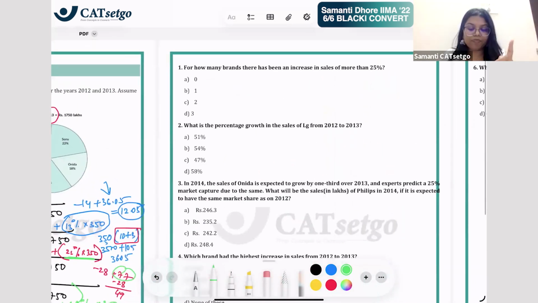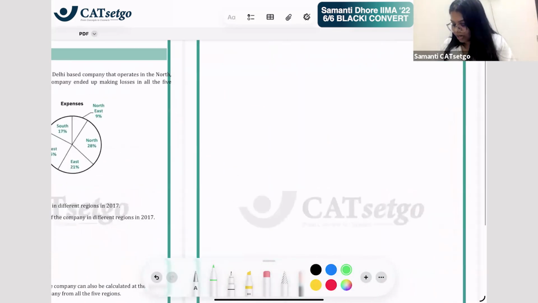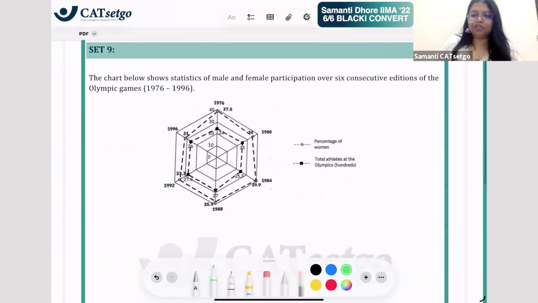I will give this as homework to you. The solutions are also given at the end of this sheet, right? And the whole point is that we are going to discuss it in the doubt class if you are not able to get it. But we must learn that these are the kind of questions that come in, and they are not tough, but they are time taking, and you reduce your time through smart calculation ways. Okay, so basis that, answer this question. And again, there's one more pie chart, which is also homework. And then we will have some different sort of charts.